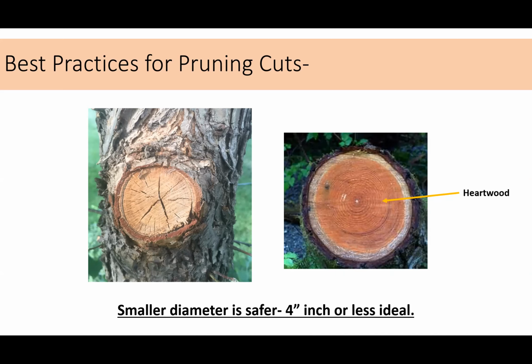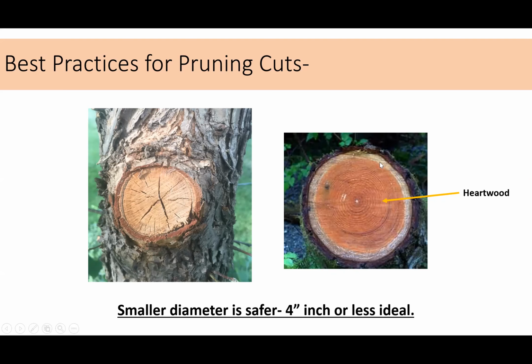So the big reason is that as a branch gets larger in diameter, it has the potential to develop what we call heartwood. The wood of the tree is pretty much xylem, right? Everything that's white and red in this picture is xylem. Its function is to move water and dissolved nutrients up the tree and then to serve as support.